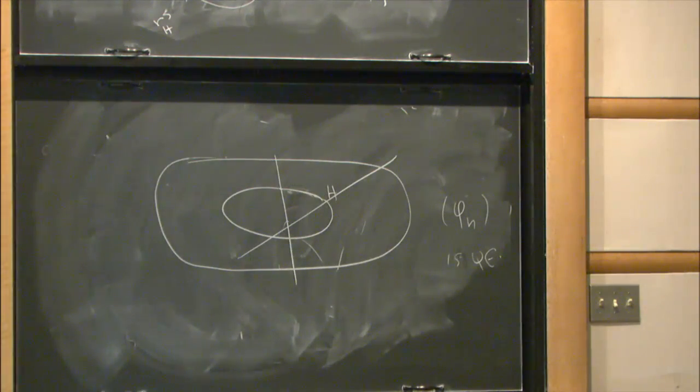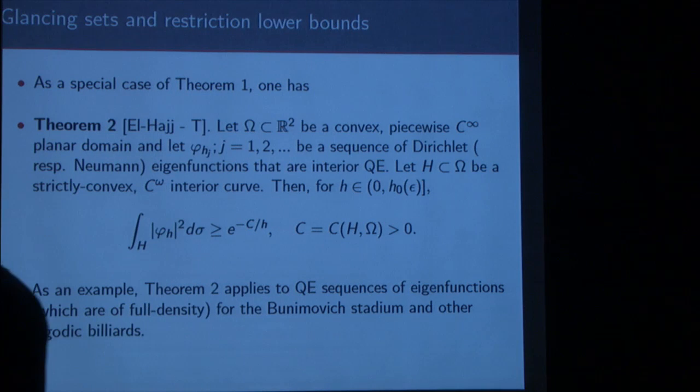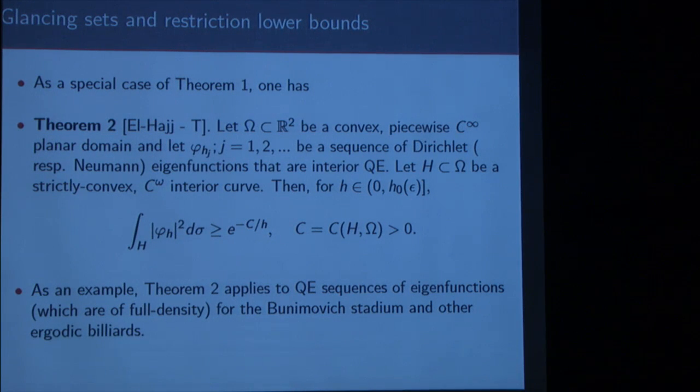I'm confused about one thing. I thought that if you're assuming your sequence of eigenfunctions equidistributed with respect to Liouville measure, and you have your condition on H, I thought that you already proved the lower bound, after you do this integration by parts, you get this boundary equidistribution. And on the boundary, you have to cut off in the tangential direction. So you can't get an upper bound, but I thought you can get a lower bound. Yeah, you can get a little bit better than that. Well, you can get better than exponential.